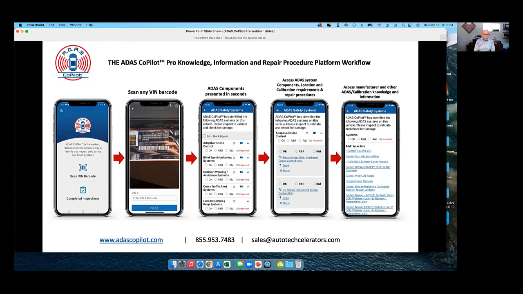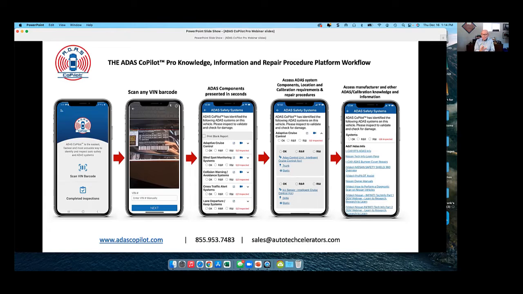So then not only do I know the systems on the vehicle, I know the component or the components, depending on if there are multiple components that affect that system. I know the location of that component. So again, if I'm repairing or replacing that location, I know it's going to affect it. And last but not least, I have the type of calibration that will be required for that particular R&I. So I have that for each of the systems.